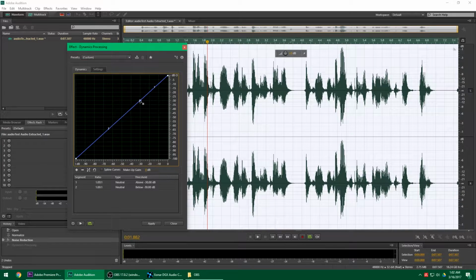But if we were to do something like this, now anything above negative 30, where I set the compression here, is going to be quieter to an extent, kind of smushed down. The loudest parts are going to be quieted more than parts down here, if that makes any sense. So if we have a negative 10 decibel signal coming in, instead of coming out at negative 10, it's now going to come out at like negative 21, negative 22 decibels. So up here it's quieted by like 10 decibels, but over here by less. So we have basically this compressor smushing our signal a little bit wherever we want it, which is super useful